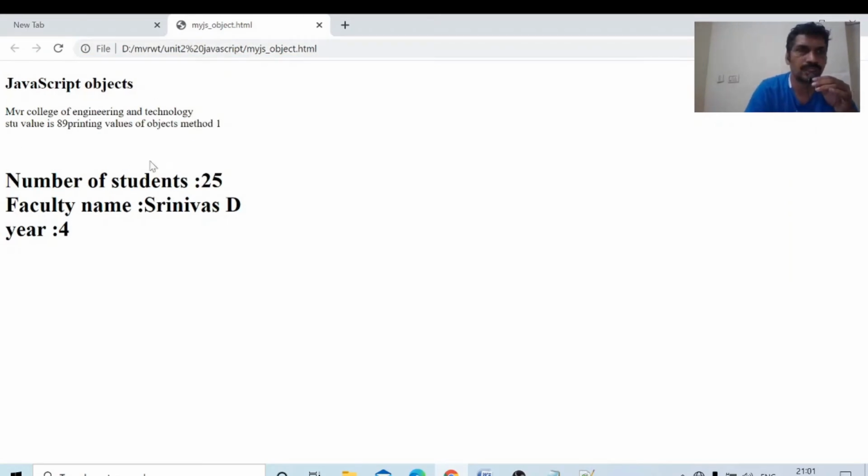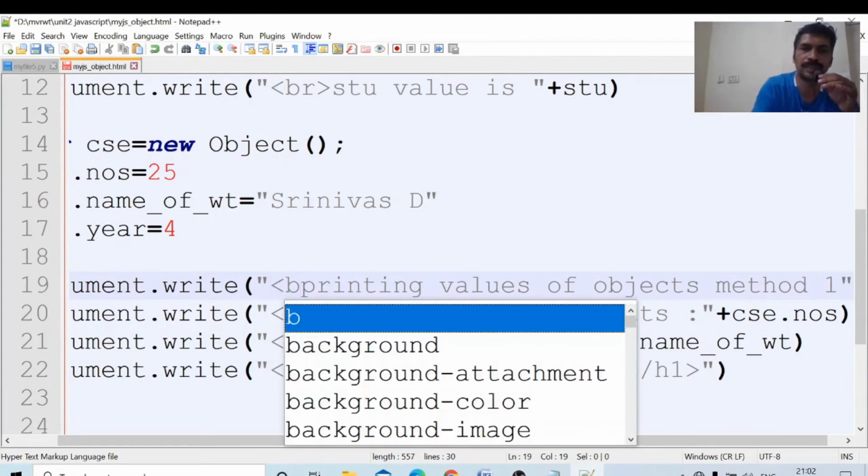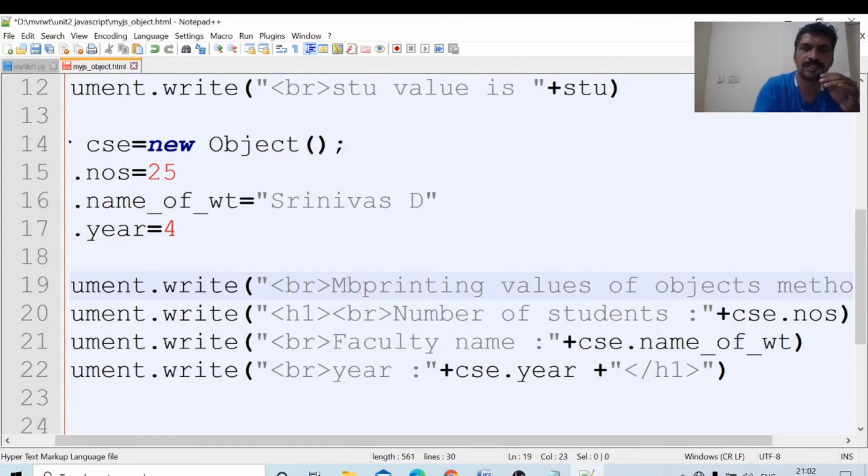Now I will run this one. We will observe the output and see whether it is running or not. It is printing values of objects method one, it is there here. I want to keep a break statement also here. How do I put a break statement? BR.